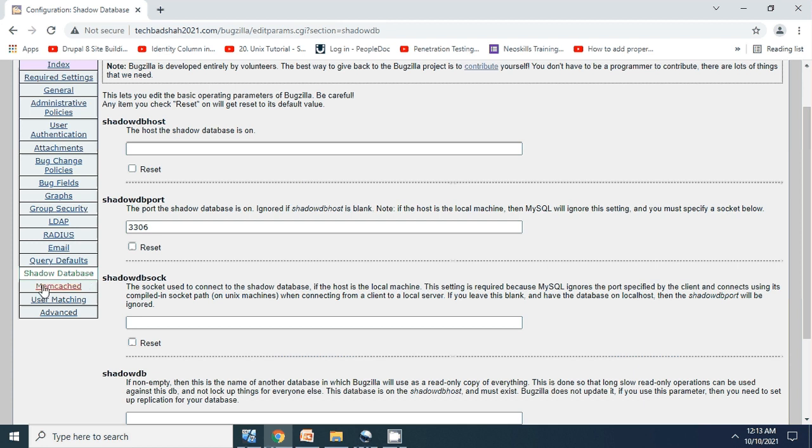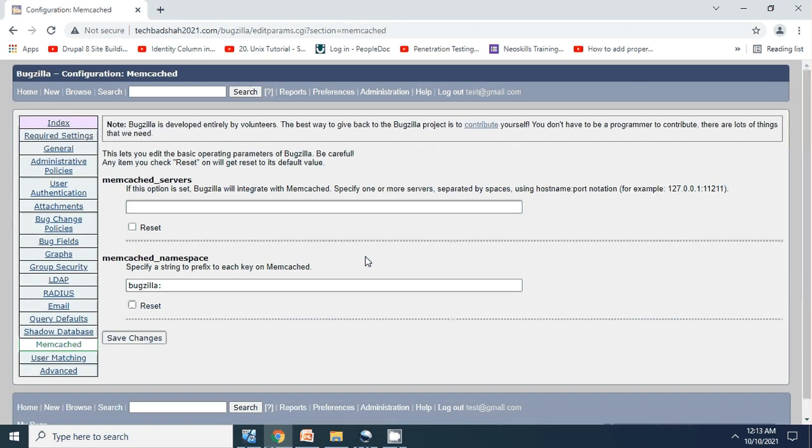We'll jump to the next option, memcached. This is an integration part, and it's going to be very high-level information. I would recommend that you leave it, and if you really want to do it, you can always explore, Google it, and then configure all this information.